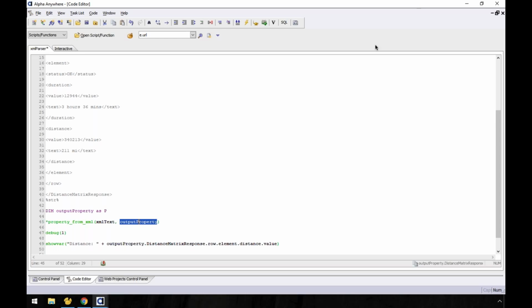Great question. While you're here, the function you're using, property from XML, someone pointed out, that's a property that starts with an asterisk. Why do some of our things start with asterisks and some not? Maybe Sarah knows the answer to that question. It's historical. That's a really old one, and that was in the desktop days. I think it has to do with it being an immediate one. I think it does return a true or false if it's successful, but it's one of the ones where you give it the variable as part of the argument.